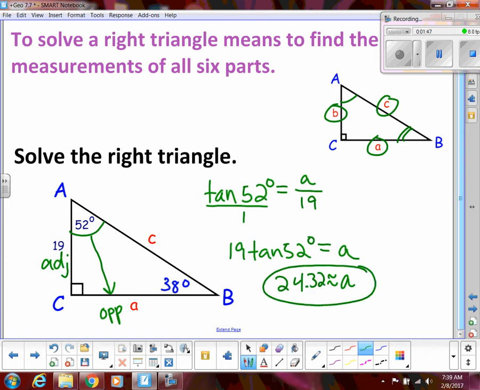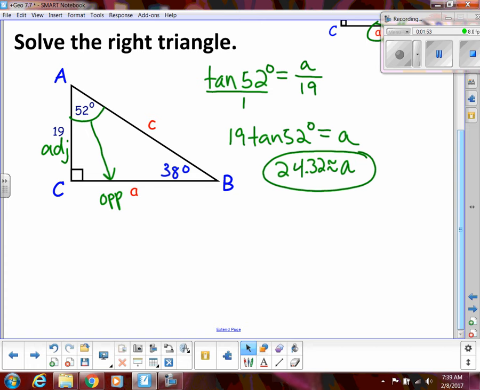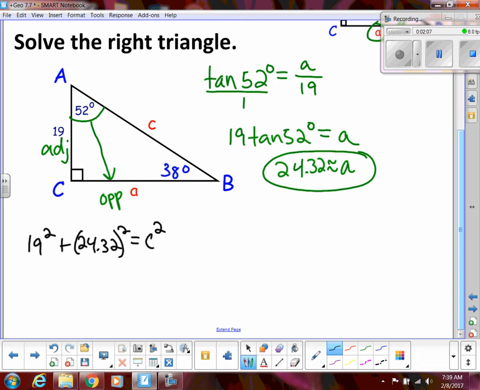Now at this point, I have 2 sides. I can use Pythagorean theorem, or I could do SOHCAHTOA again, just with using a different trig ratio. So I'm going to show you both ways. If I was doing Pythagorean theorem, we would do 19 squared plus 24.32 squared. That would equal c squared. So 19 squared is 361, and then the